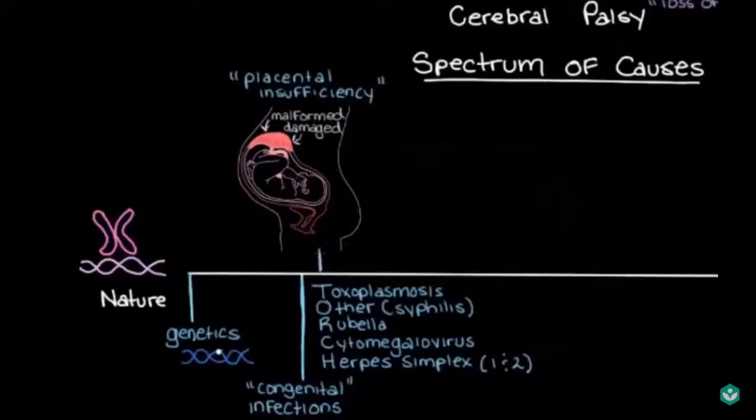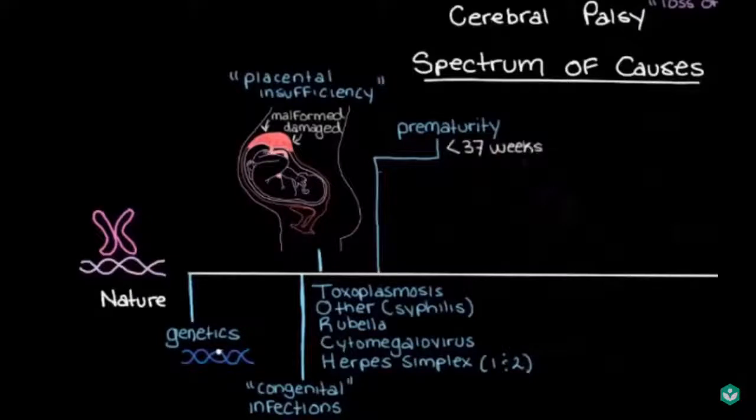And one other thing that we'll put down here in our prenatal period is prematurity. This is when a baby is born early, defined as before 37 weeks of development in utero. And just to put that in some context, a baby that's born on time, and we call these babies term babies, they're born around the 40-week mark. One of the main reasons that we're putting down prematurity here on our causes spectrum is because the brains of premature babies can be really fragile and susceptible to damage. And there's actually a particular kind of brain damage that premature babies are at risk for that can cause cerebral palsy.